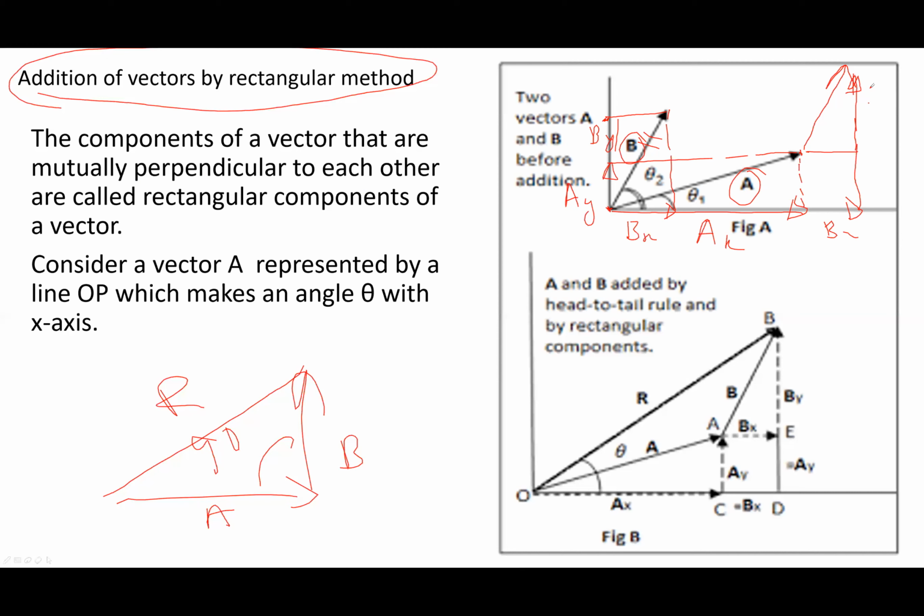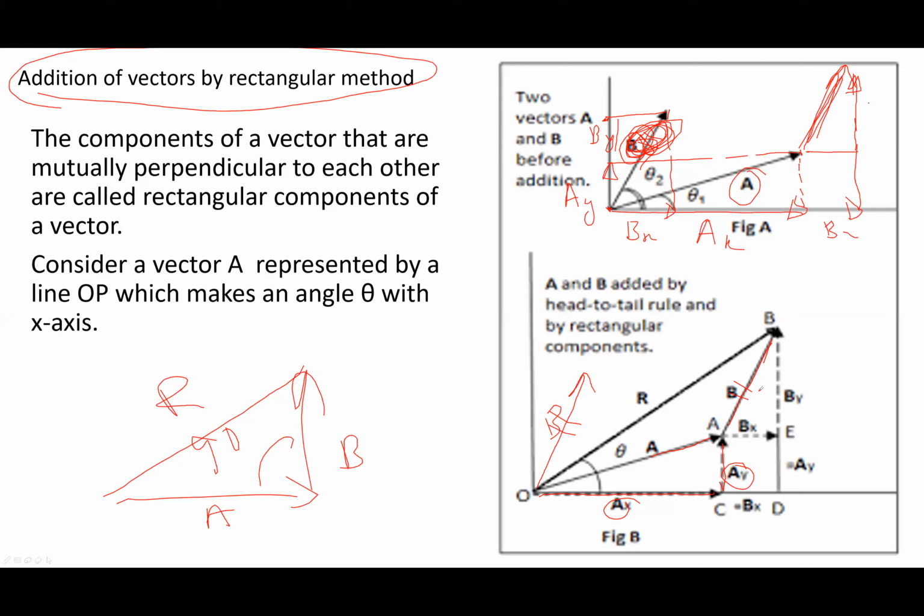I will explain from this one. This represents the horizontal component of vector A, and this represents the vertical component of vector A. So AY and AX. Now we draw a parallel vector to vector B. A parallel line and a parallel direction have been taken. So it is equal. It represents the equivalency of these two vectors, so it will be replaced.